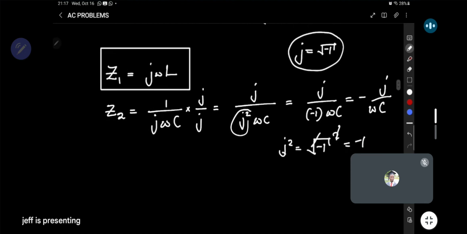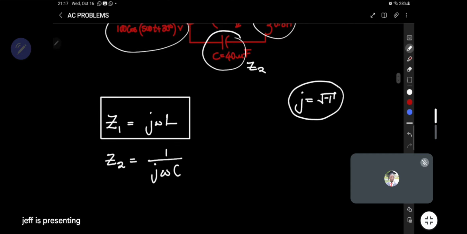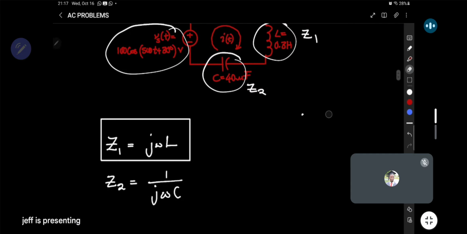So we end up having that. So just wanted to show you where that negative shows up when the j goes up. Okay, that out of the way, the goal is just to see how we solve the problem. Okay, so for the inductor,